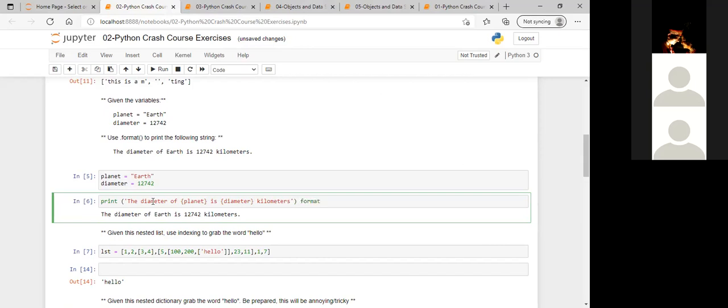Dot format will be inside the bracket. Dot, because just after this string, I want to address that this formatting is for this particular string. No space between bracket and format. Now you pass.